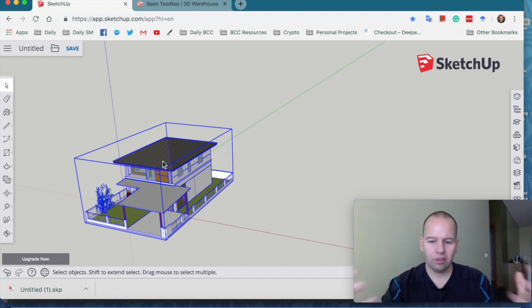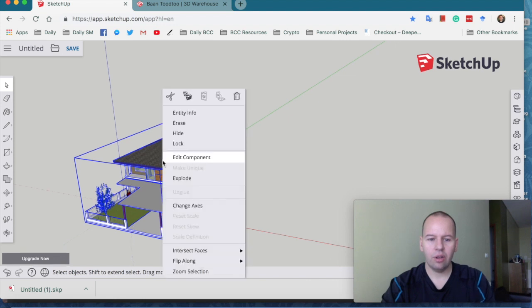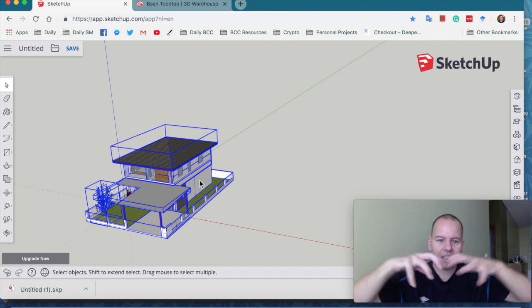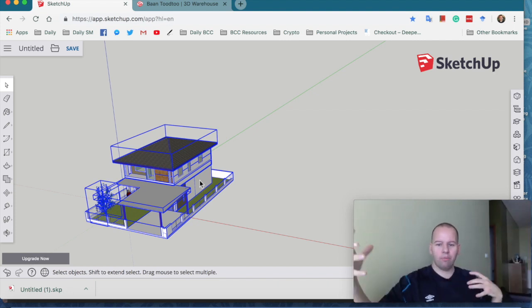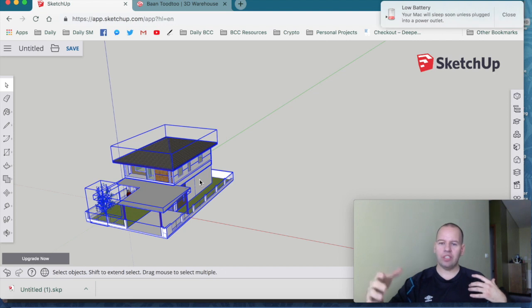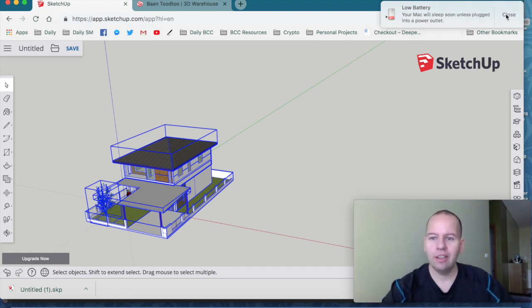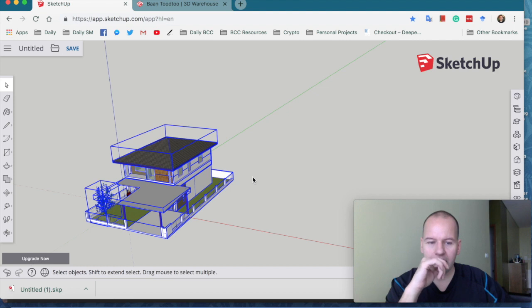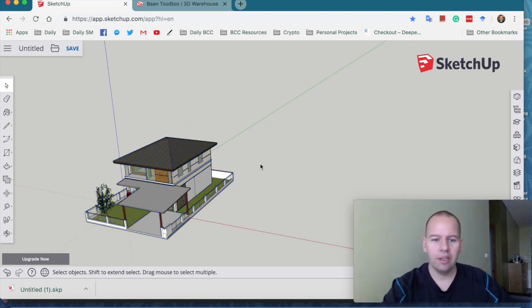You click on it to grab the whole thing. Right now it's set up as a component, very unique. So if you went into layers, it's actually its own component. So what I want to do with it is Control-click on the Mac computer and explode. You're basically breaking it up into all these. Maybe the guy that did it originally set these all up like roof component or group. I'm not sure. Doesn't matter.